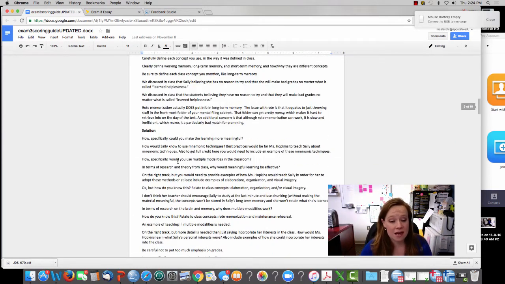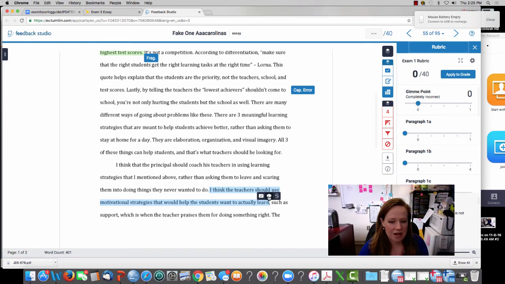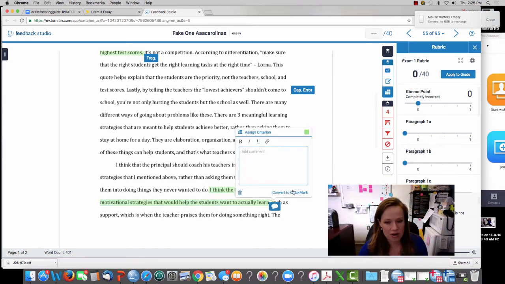Okay, so let's say the common issue that I'm seeing is a lot of people are misunderstanding what rote memorization means. And I had typed that into this document in the past when I was grading. So a lot of times if I type an original comment, then I'll save it in this document just in case I have to use it again. And then I can come over here and highlight it and copy it, bring it in here, and then I can make a new comment, the comment bubble, which just brings up a comment bubble, and I can paste it,